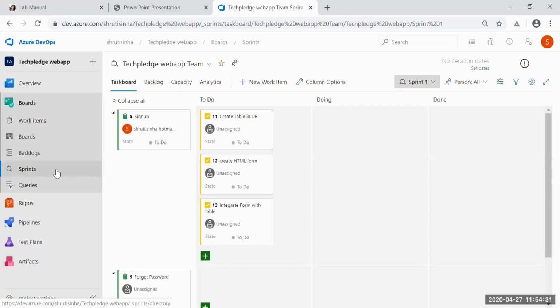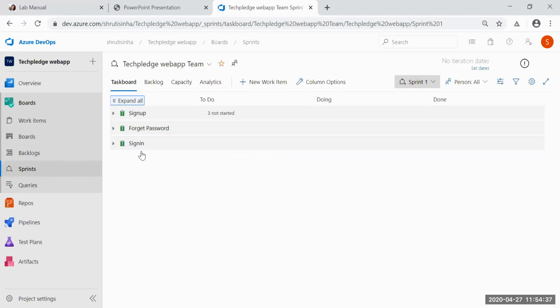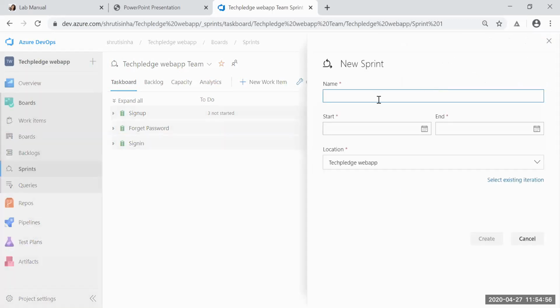In my one sprint, I have these 3 tasks or the 3 to do. Now, if you want, you can create more sprints. Every sprint can have its own process. You can create a new sprint, you can assign it to someone, you can define its own workflow.